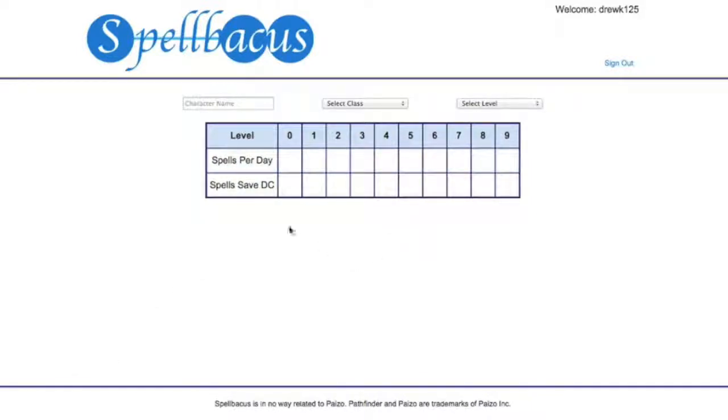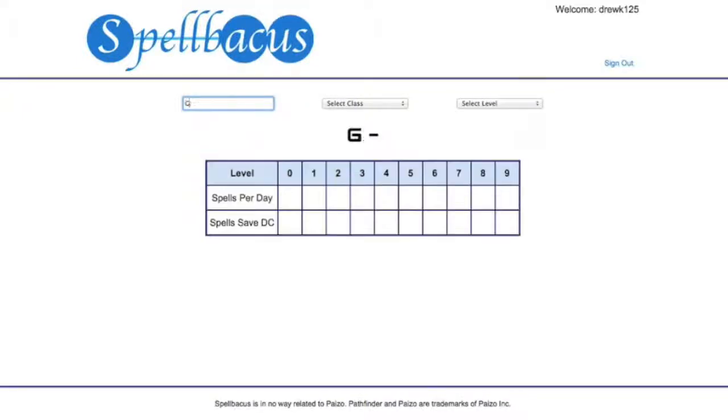And a lot of what I did from last week is just clean up some bugs and add a little bit of functionality. So I'll get started. This is basically designed for if you were playing Pathfinder, to help create your spell sheets and just make the process a little bit more simplified. So to start, you'd have to type in a name. If you want to be a wizard, I'm going to be Gandalf,